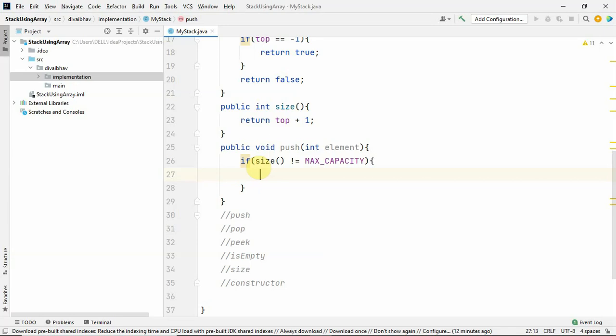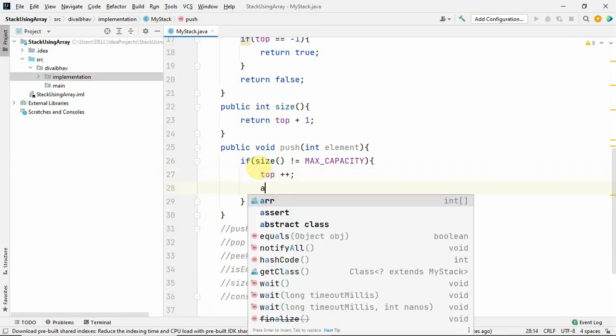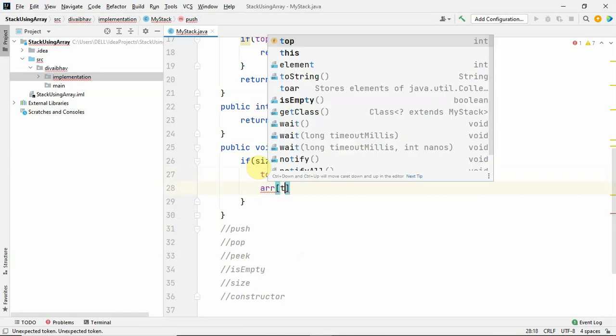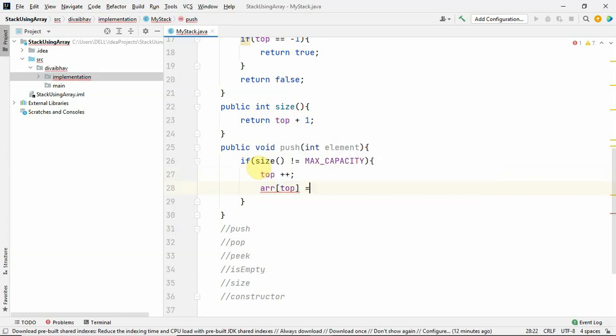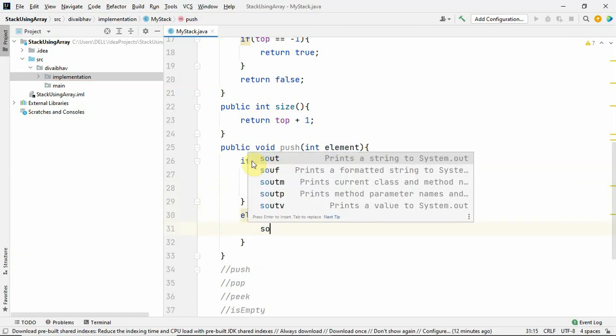Now top is -1 in the beginning. So we'll do top plus plus. And now on the top we are going to insert this particular new element. If this is not the condition, if there's no space in the stack, a special condition will happen.